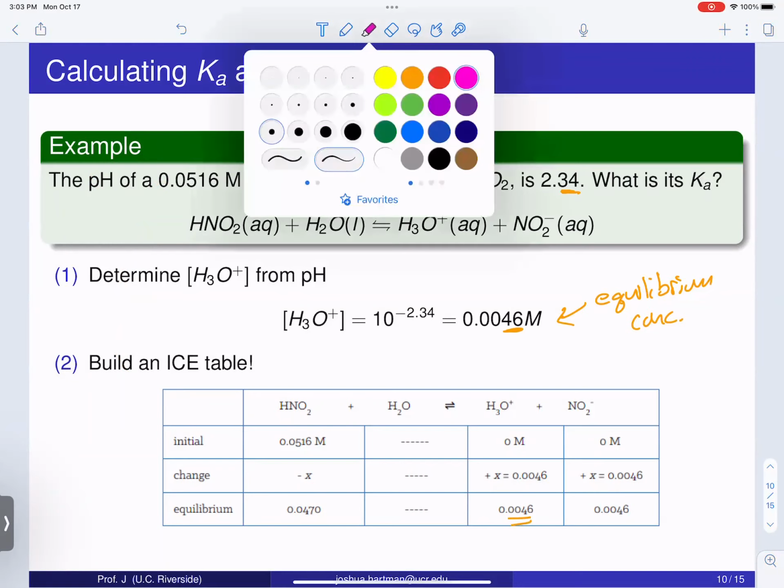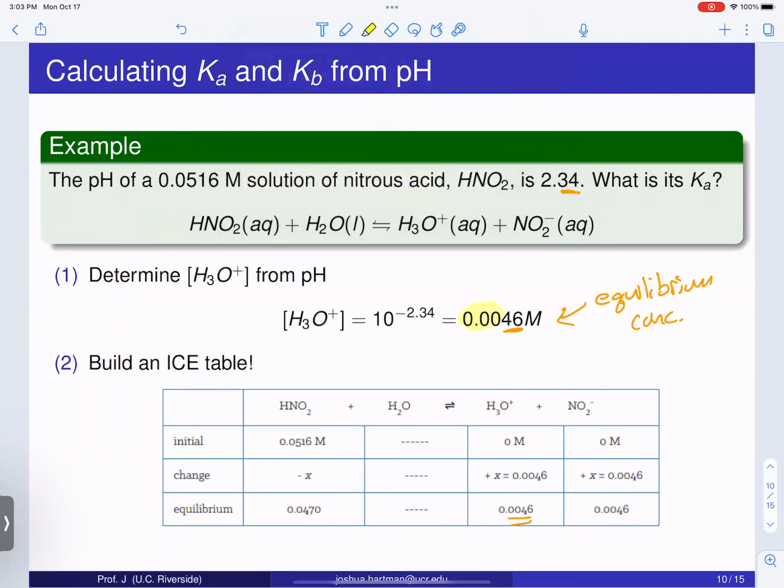that, highlight that our equilibrium concentration of protons is just 0.0046, which tells us that that's the value of X, because we started at 0, we added X, and we ended up at 0.0046. Well, that means X is 0.0046, which means we also know the concentration of NO2 minus, and we can take that 0.0046, subtract it off from our initial value,